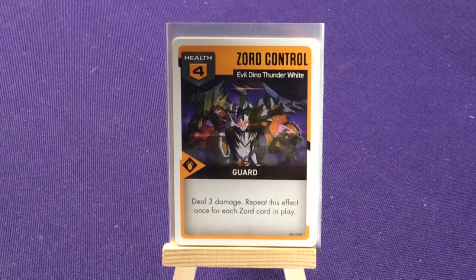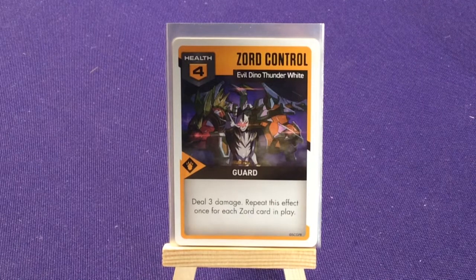So this says deal 3 damage. Repeat this effect once for each Zord card in play. So if this hits early, not too bad. Late in the game, it could definitely hurt. If it hits really early on, it's just 3 damage. That's not bad. Even with 1 Zord in play, that's 6 damage. It's not terrible. But when you have all 5 Rangers out, or even with the Megazord,